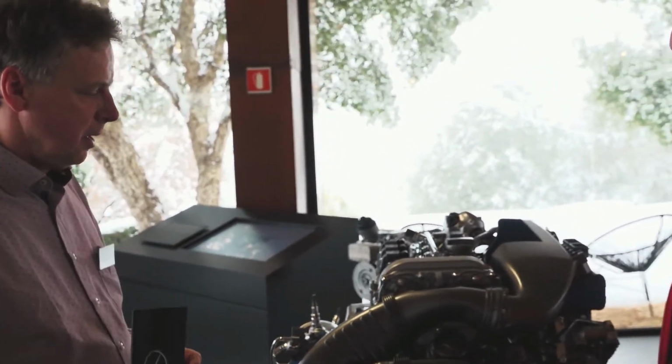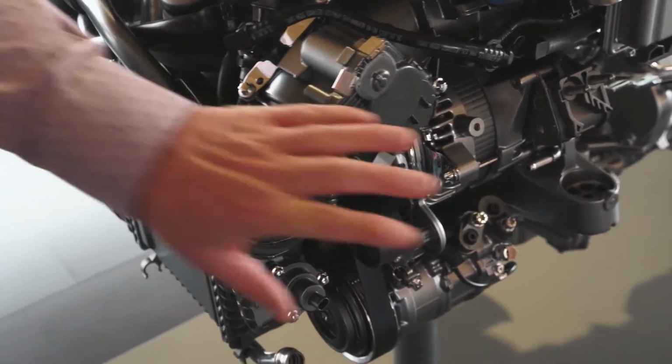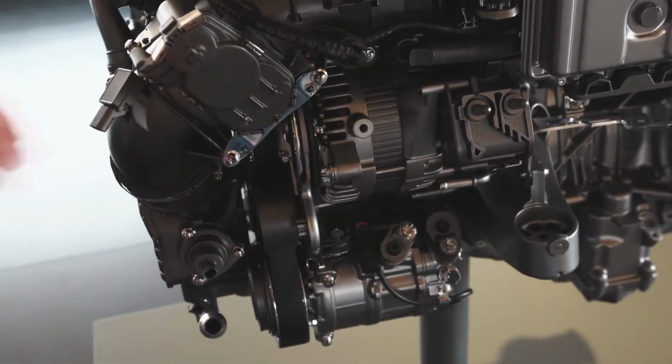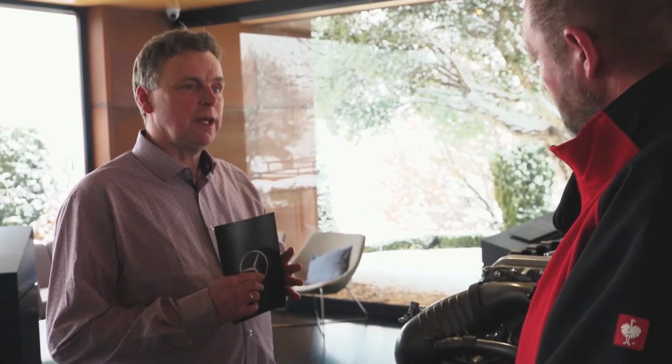Our 48-volt belt starter generator. You see it here or from here. There we have a 12 kilowatt electric motor, which we can use for charging or for boosting, so in both directions. That in combination with a 48-volt electrical system, yeah, gains again fuel consumption and